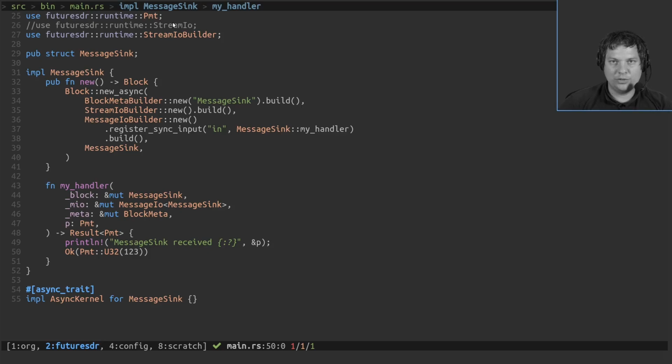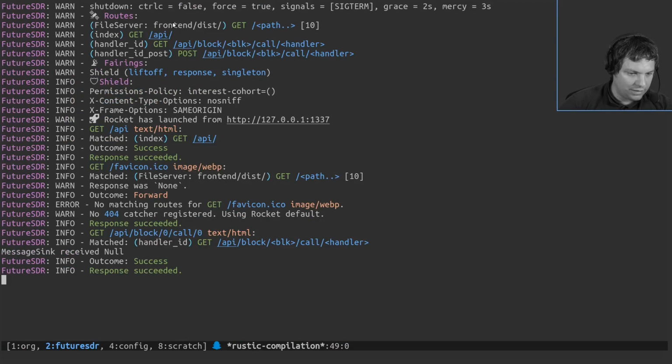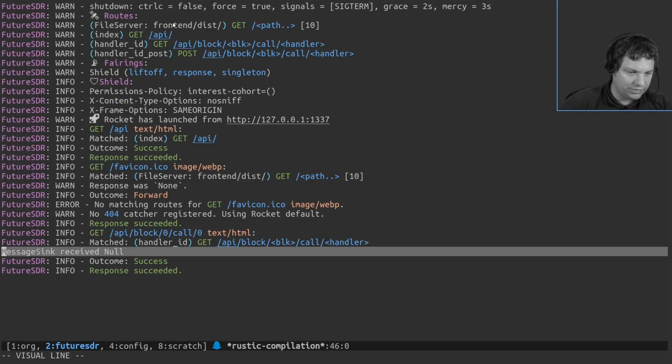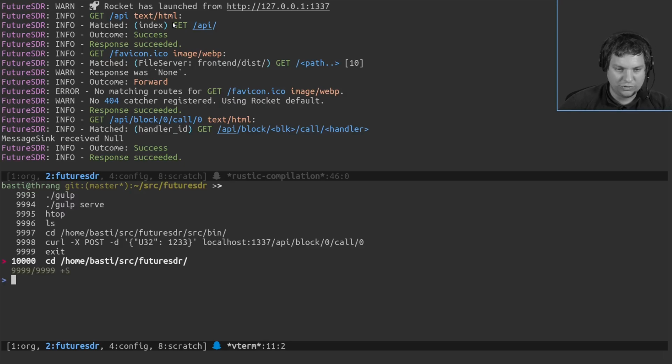Now we could also do something more complex, like a POST request, giving it some serialized JSON data. We could have a look here at what it got. Message sink received null. So we got a null PMT. Now let's try to give it another type of PMT. One thing we can do to make a POST request is just use curl.